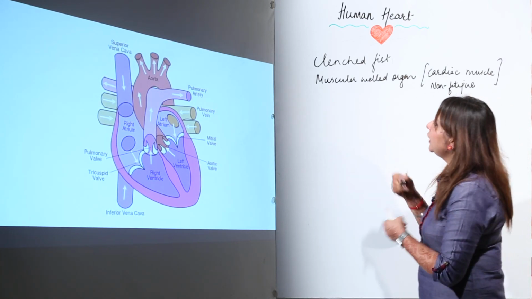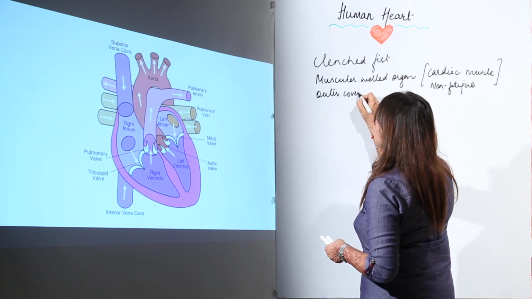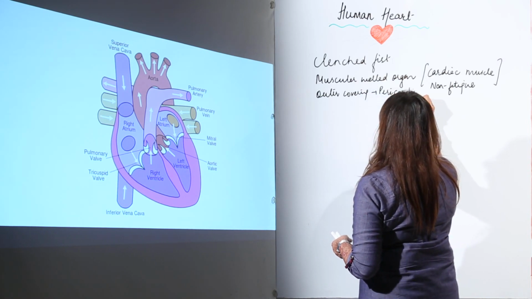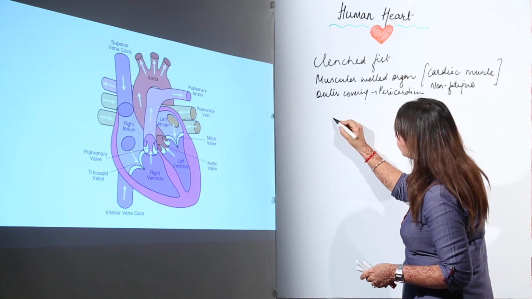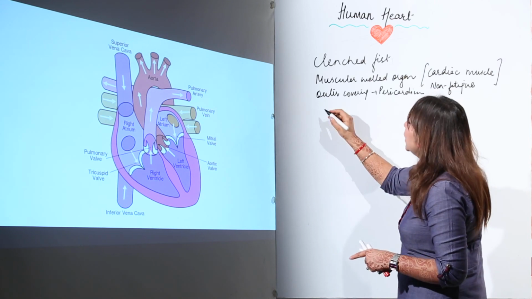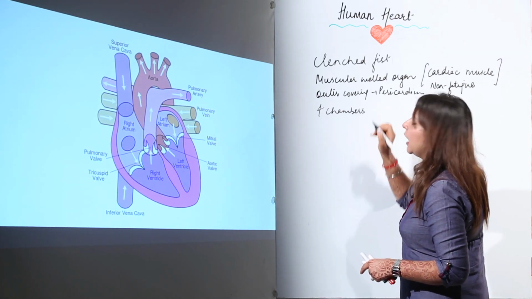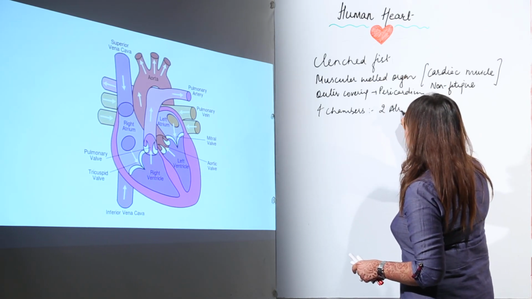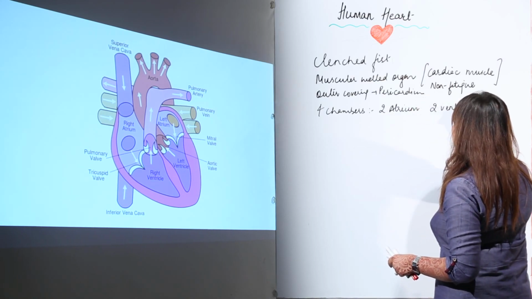And if we talk about the outer covering of the heart, it is the pericardium. See, the structure is just like this. I am going to draw a rough figure, and one more thing, then I will club them together in a figure. The human heart is divided into 4 chambers. What are they? 2 atriums and 2 ventricles.